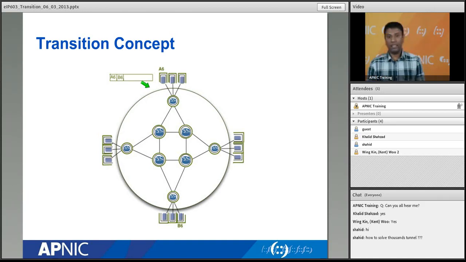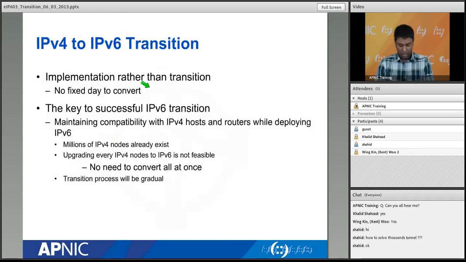Okay, there is a question in here: how to solve 1,000 tunnels? Well, that's what I said. You have a tunnel broker, so go and add a tunnel with the tunnel broker, and the tunnel broker will solve the 1,000 tunnels because they have scalable equipment to handle thousands of tunnels, or they have different techniques or technologies to distribute all those tunnels in different locations, different ports. But from your side, you create only one tunnel up to the tunnel broker.